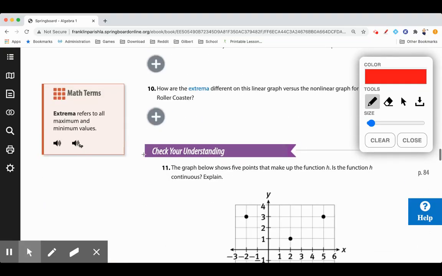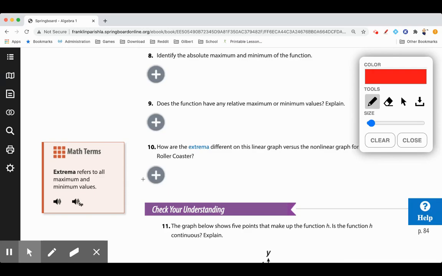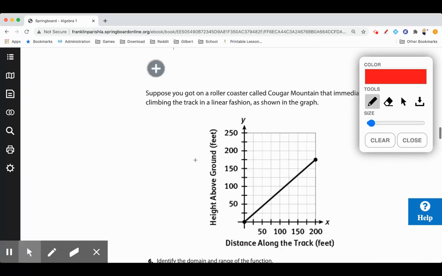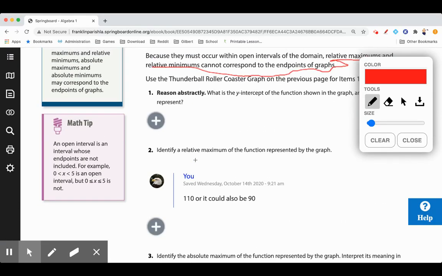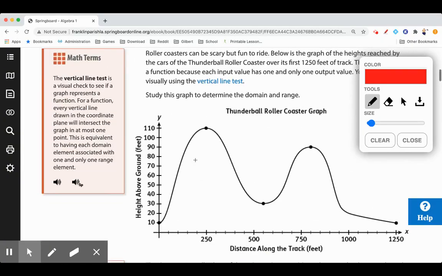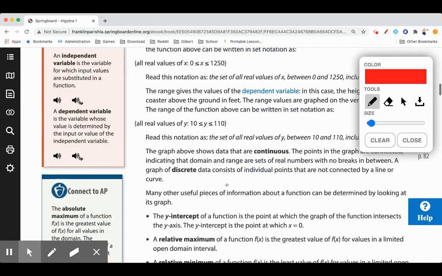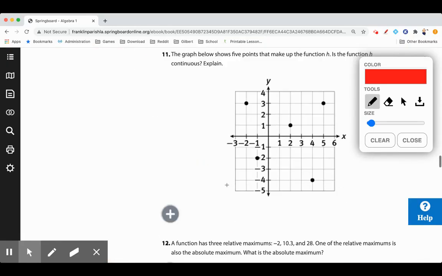Let's see. I think most of the extrema is just maximum and minimum values. It's just a word for maximum and minimum, the extremes, sort of, if you just think of extrema. Okay, so make sure we look through all of these. Again, we'll work on this again in the next lesson. It's just more graphs and seeing the same information that we've done today. You might want to try